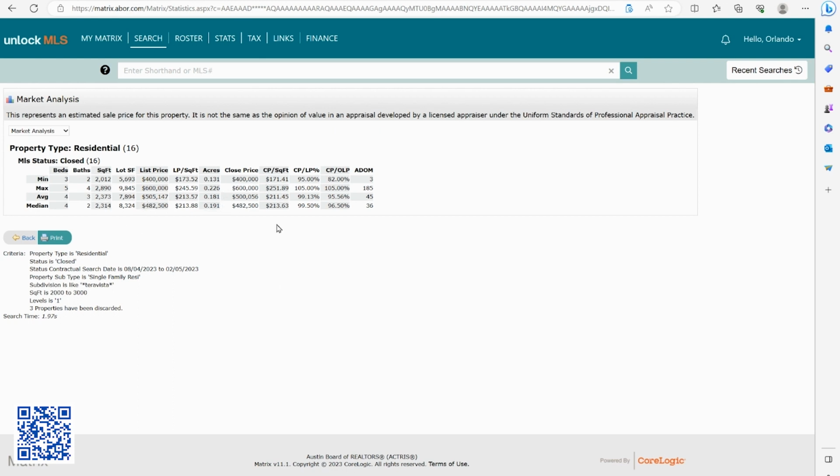So at the high end, we're looking at 600,000. Low end, 400,000, and the median price is 482,500, with a median cost per square foot of $213.63, and the average days on the market 46 days. Now, the square footage. The median square footage is 2,314 square feet. So it's pretty close to our 2,500. So it would be safe to say that our property is going to be somewhere in the high 400s, okay,